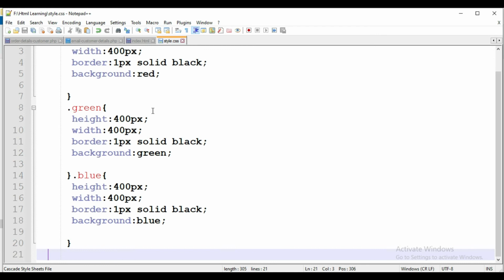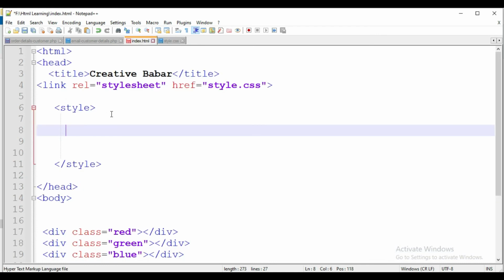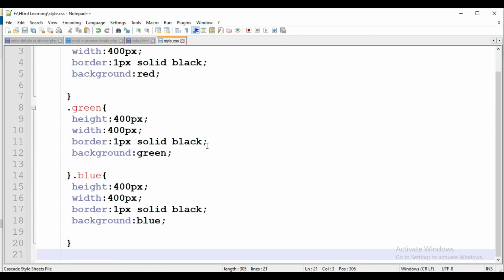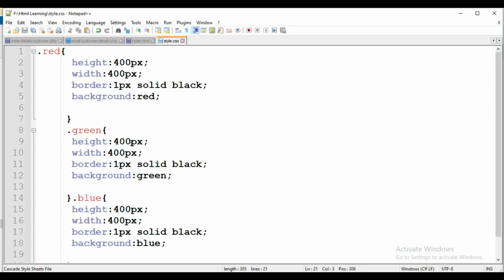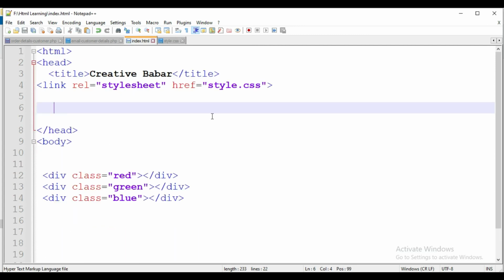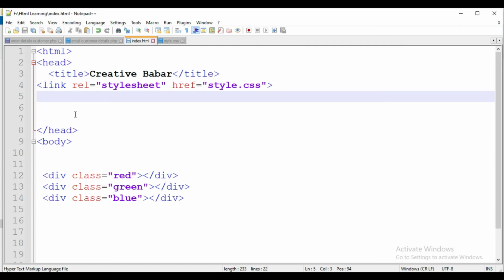So what is the difference between external and internal CSS? In internal CSS we use this style tag, and in external CSS we do not use this style tag. And the other big difference is, if we want to use internal CSS, then we put all the text, all the tags and all the style here.